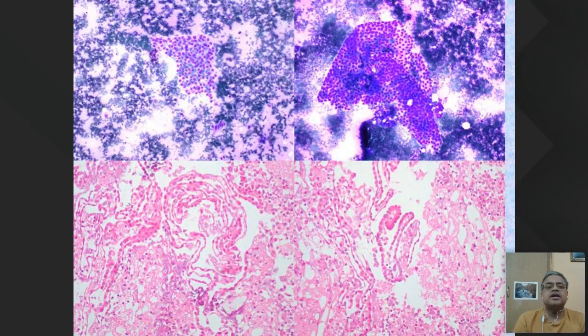If you see the next slide, this is the same thing under GIMSA. This is a mesothelial sheet. Now this sheet, if you put it in a cell block, will look bizarre like this. It will get curled up into concentric, peculiar, lamellated, round things like this, because this is the transverse section. So you should not be disconcerted by the kind of morphology a cell block of a peritoneal washing will look like. Adenocarcinoma cells will look very different from this.